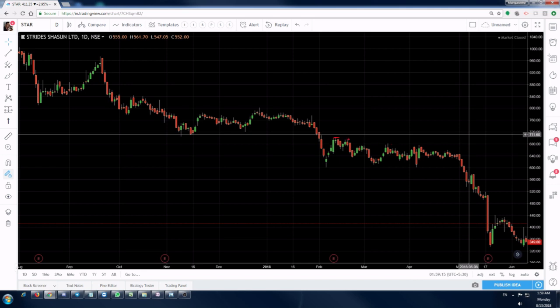So it was a high, it was a lower high, it was a lower high, this was a lower high, and lower lows as well. So this was a low, this was a lower low. Okay, similarly this was a low, this was a lower low, and this was a lower low. Okay, so star again started making lower lows and lower highs. So that is confirmed that star has again started its down move, and this dead cat bounce was not able